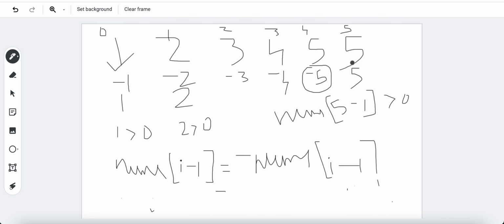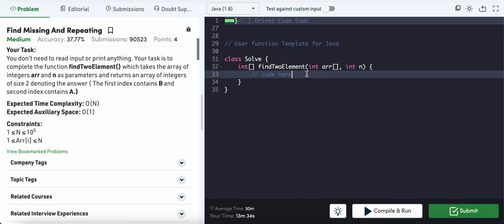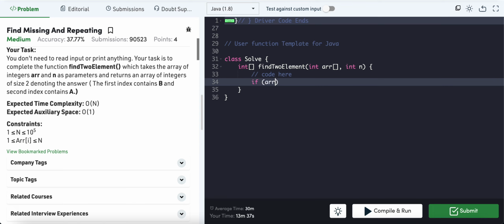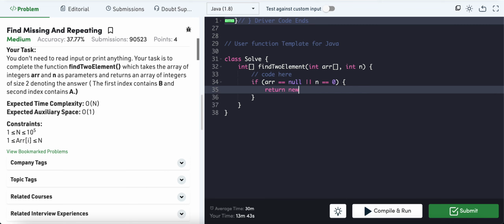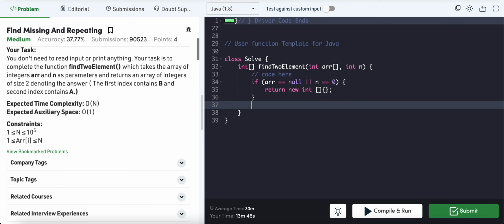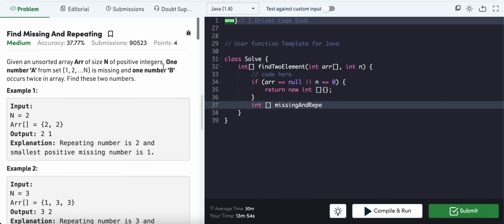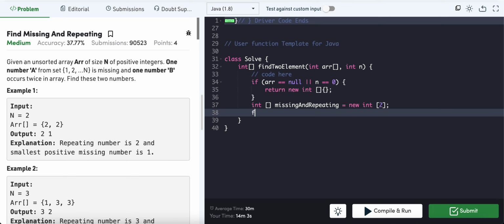So let's have, if array is equal to null or n is equal to 0, let's return an empty array. Let's have missing and repeating, which is equal to new int of 2. Now let's get started with traversing through the numbers. So for int number from ARR, if